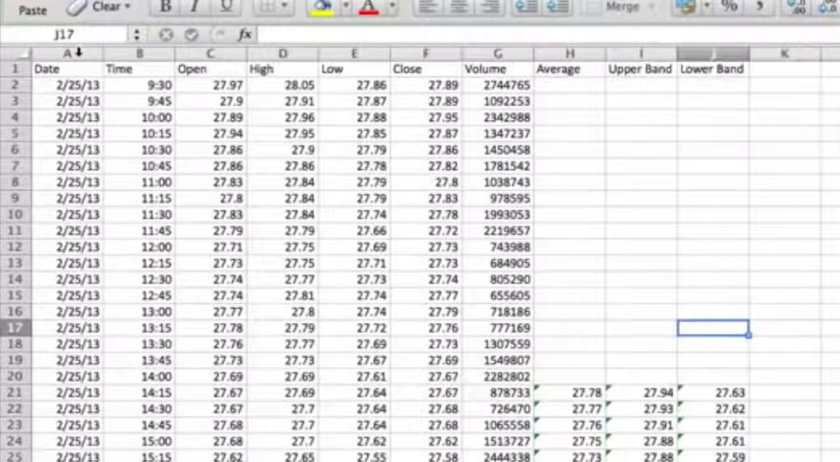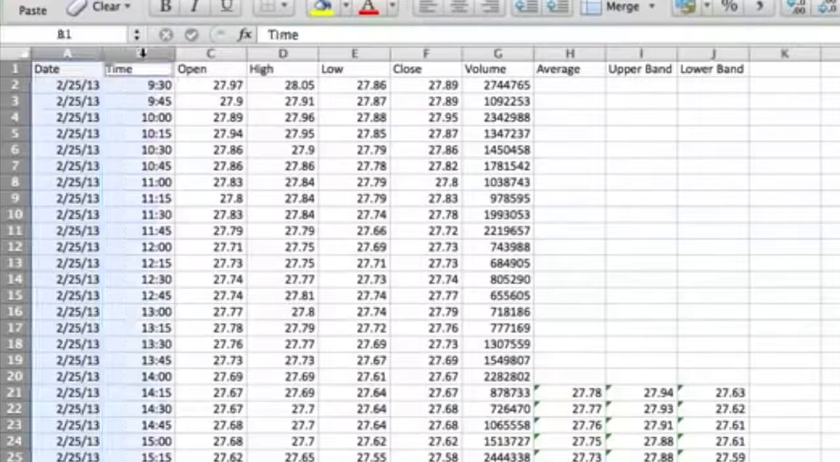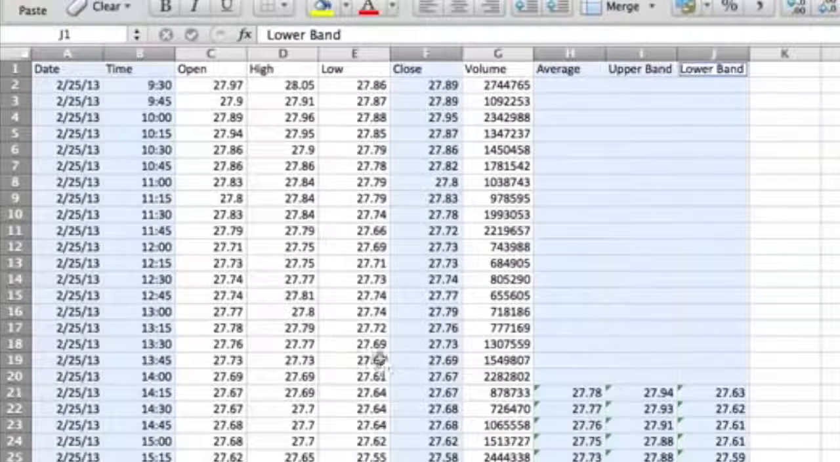What you want to do is go ahead and highlight the date, the time, the close, the average, the upper band, and the lower band. The reason why I highlighted the time and date is because if you only highlight the date, it's going to come out weird, just because it's using the same date over all these intervals. I mean, you could graph it and see what I mean, but what you want to do is also calculate the time, and then